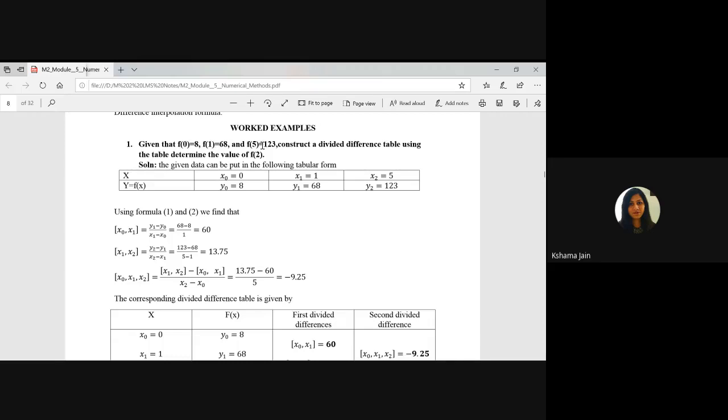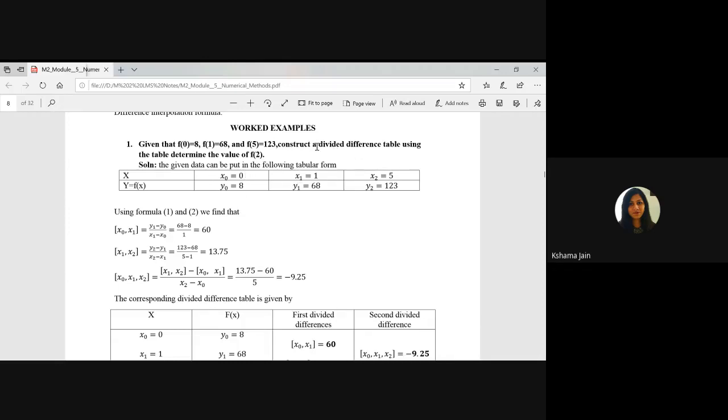Unequal interval. If suppose you were having x2, x3, x4, x5, that was the equal interval. But here x2, x3, x4 are not there. So this is unequal intervals. Okay. So this is the basic difference to identify what is the equal interval problem and what is the unequal interval problem. So here you will make a table of x and y.